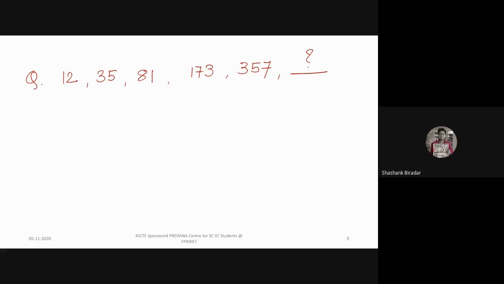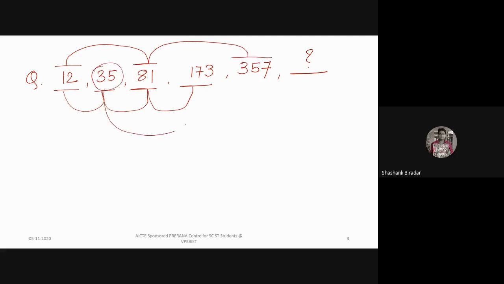Yes, you have to correlate. Whenever such problems are asked in the examination, you just need to find the relationship between the numbers. What is the relationship of 12 with 35, then to 81, then to 173? Sequentially, or sometimes you have to think whether the first and third are correlated, then the third and fifth, or whether the second and fourth are correlated. Likewise, you have to put your logic for calculation of these two.